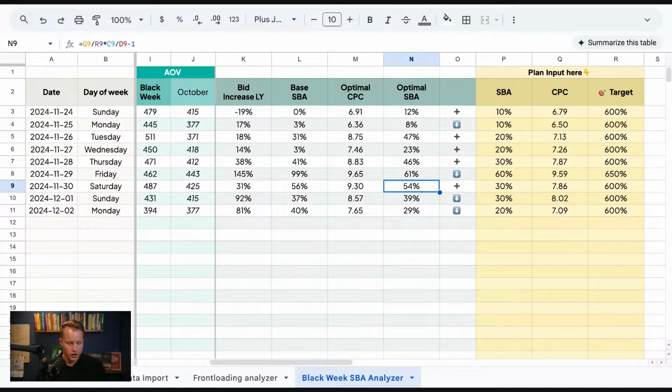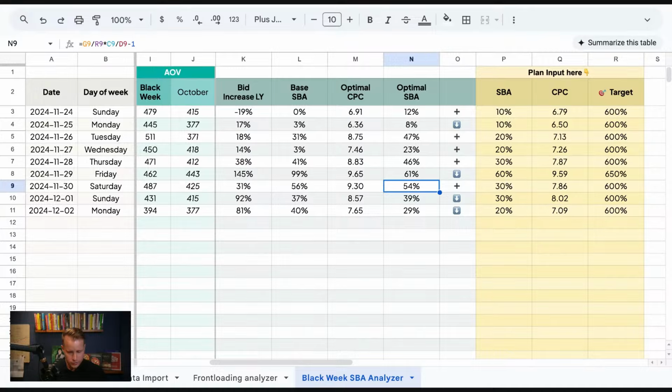And then Friday, last year we did a bid increase of around 20. So we're already at 20. I'm going to pump that up to 40. And maybe even during the day, I'm going to set it up to 60 because it can definitely afford that. But you can see a CPC of 6 kroner versus 5 kroner last year. That's 20% on top of what they already did last year. So I think that will be enough. It might even be a little bit careful. But I also want to make sure we're not overspending on Black Friday because we can always learn from this. I can always go more aggressive on the day if I want to.